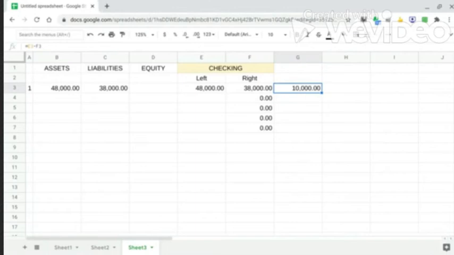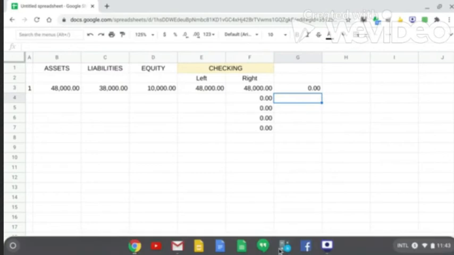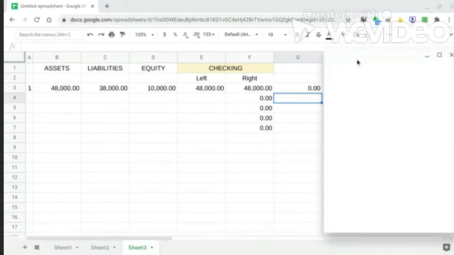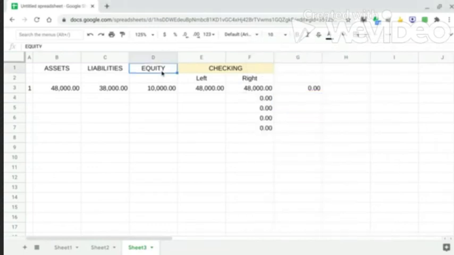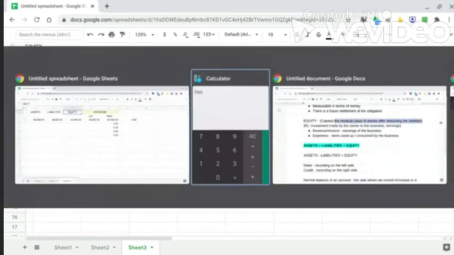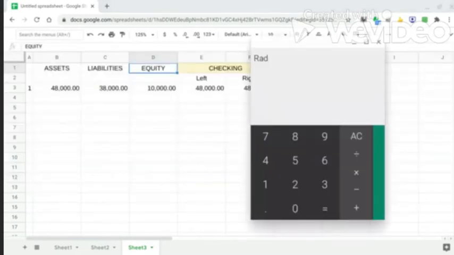If you want to see how it will be computed using a calculator, since the missing amount is the equity, let's go back to the definition of the equity, which is the residual amount of the assets after deducting all the liabilities. So let's just deduct the liabilities from the assets. We have assets, which is 48,000 pesos, minus liabilities of 38,000 pesos. So ayan yung sagot, 10,000 pesos for the equity. So number 2,